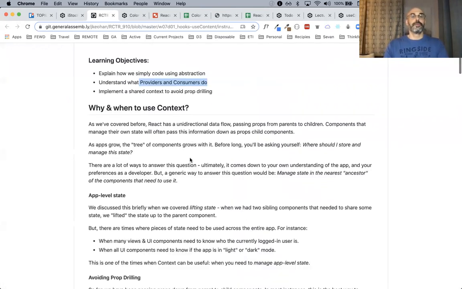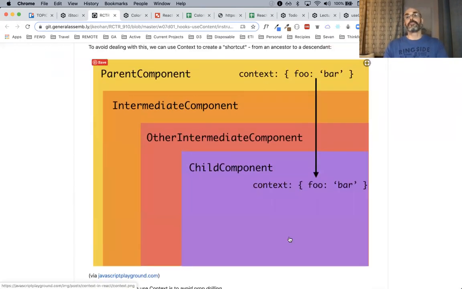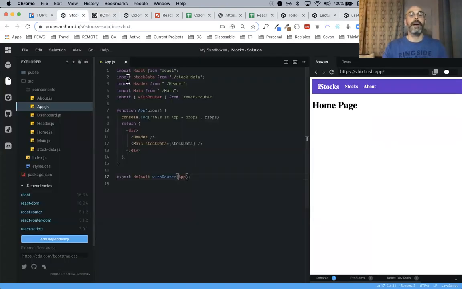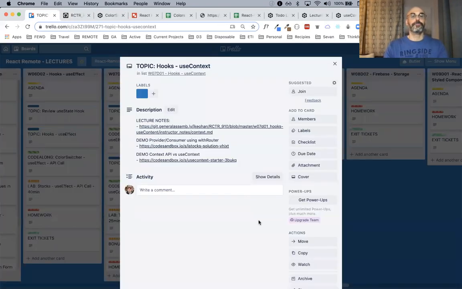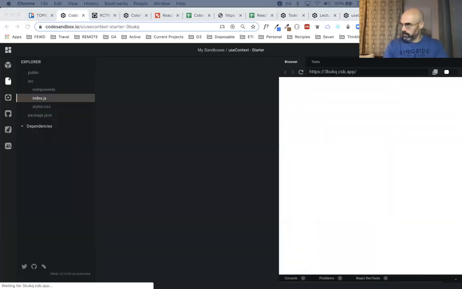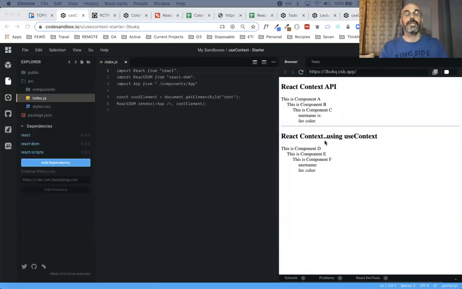All right. Now, we need to emulate this, okay? I really want to kind of walk us through this particular instance right now. So I'm going to go back. I'm not going to use iStocks anymore. I have another demo. Okay, so this is what I want to walk us through. I have the React Context API, which is the older API. That's like us learning about